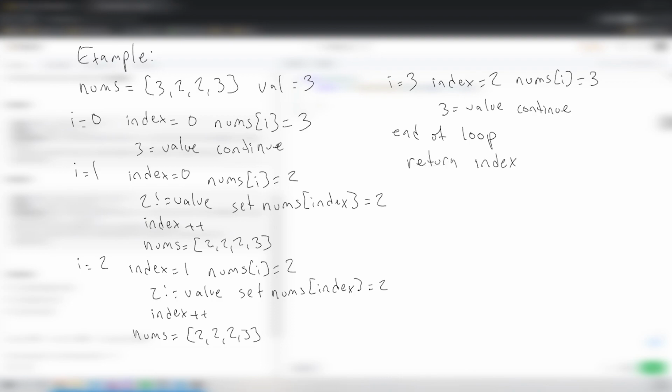And then the test runner will look at those first two indexes. So we'll look at nums equal to 2, 2, 2, 3, except it's only going to look at the first two indexes. So it's going to look at 2, 2, which obviously doesn't have any 3s in it. It doesn't matter what this part is, and it's going to pass. So let's hop into LeetCode and take a look at how we can turn this into regular